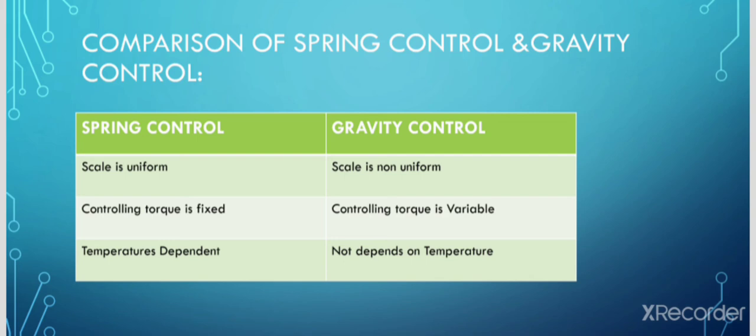The spring control system depends on temperature, whereas the gravity control system does not. In the spring control system, the controlling torque is proportional to theta, so it is constant, whereas in the gravity control system the controlling torque is proportional to sine theta, so it is variable. And coming to the cost,